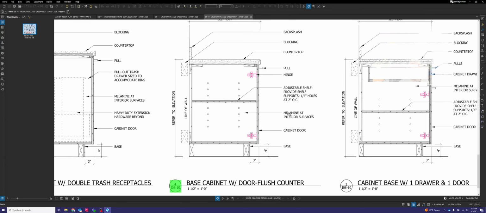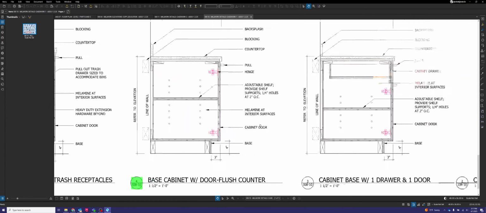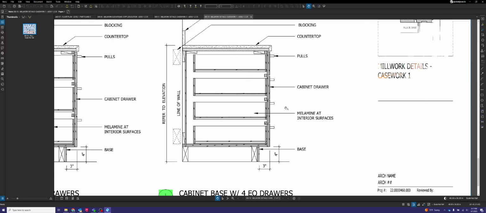Now, same deal about the toe kick and countertop. That's changing to be MDF because it's going to be PL4 and not stone. Toe kick is still 3 inches deep by 4 inches tall. That should be consistent across your drawing anyway. And then one thing I didn't pick up on before on this drawing, but it's the same as what we were dealing with last time with L1, is that it does call the inside of the cabinet to be a melamine interior, but